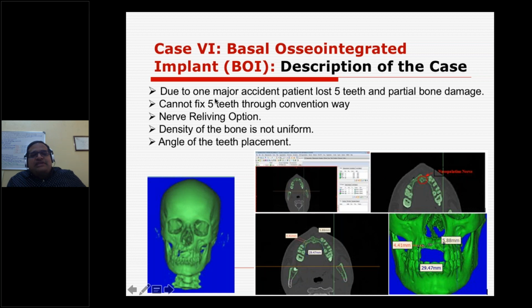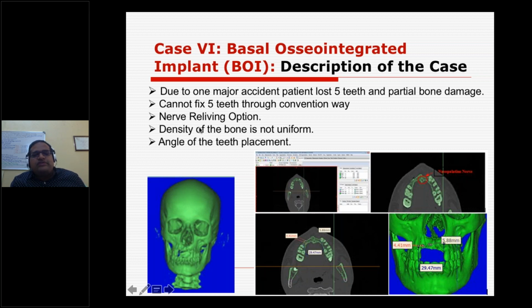Nowadays they are not using screw kinds of implants due to infection, so they are redesigning, with different designs like basal designs. But here we have designed our own indigenous implant to accommodate these 5 teeth, supporting them instead of the bone which he lost, and it is going to be augmented. We also need to look for a nerve relieving option, since there is a nerve on the maxilla.